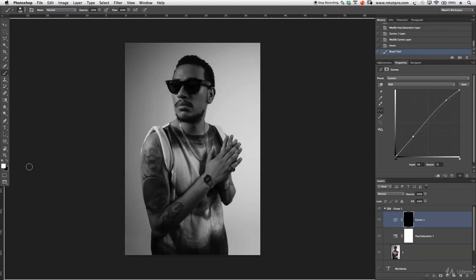Press X again for white foreground color, so we're painting obviously on a hidden mask. And now what I'm doing is brushing the highlights in here a little bit, just on the arm, so we do have a little bit of exposure there. Yeah, just giving a bit of a pop in there, also in his face a little bit. Okay, but still keeping his hair and all the blacks quite dark,